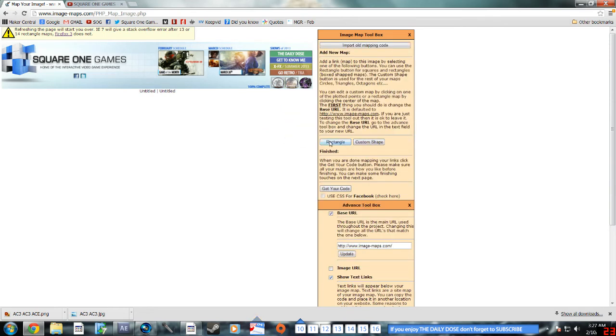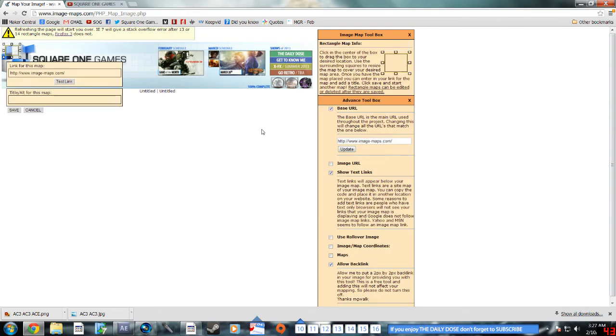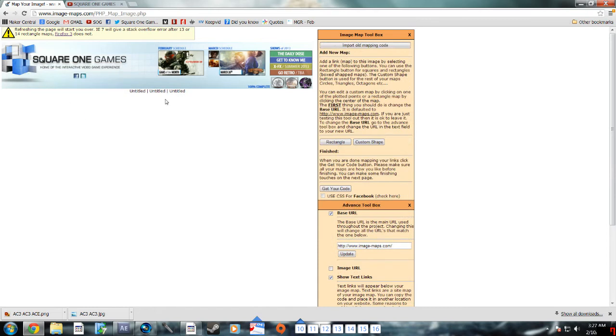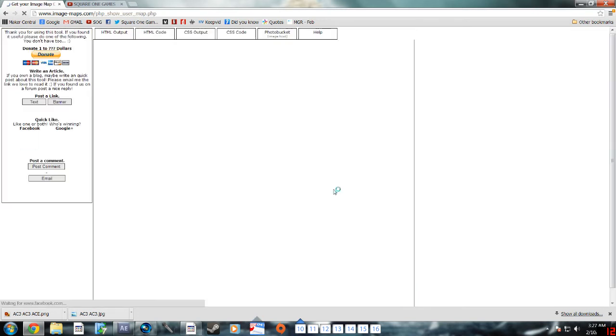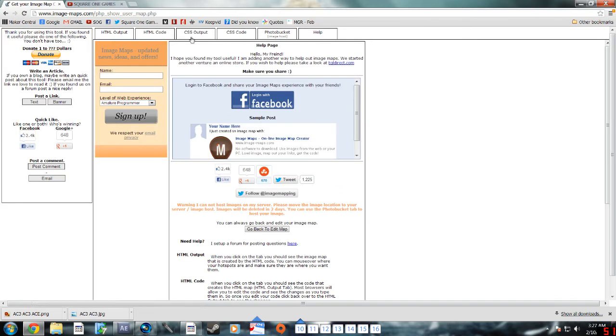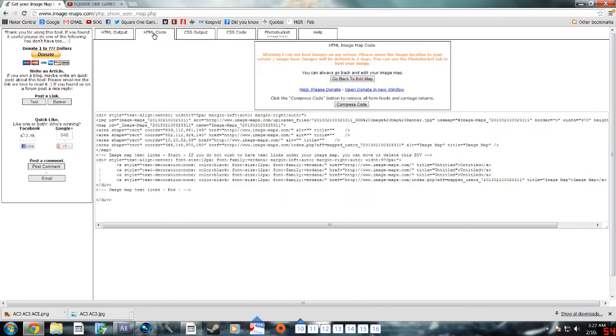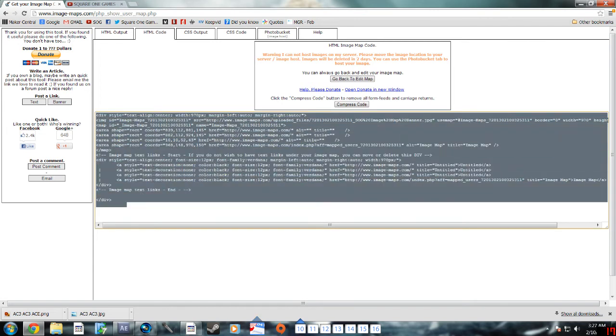Hit save, and then you just keep that process going until you get everything that you want with a clickable link. Okay, so after you've got everything done, you just want to go to this particular button that says get your code. Go ahead and click on that. You're going to have some options up here at the top. Go ahead and select HTML code, and then you'll get this long code. All you want to do is highlight the whole thing, hit Control C, and then you just want to go into your